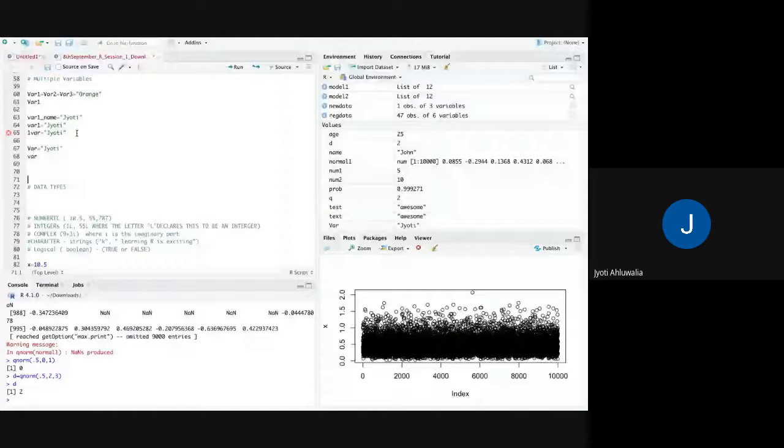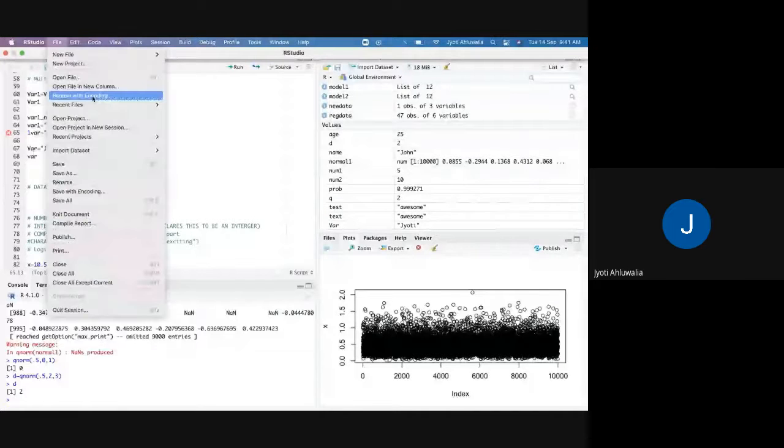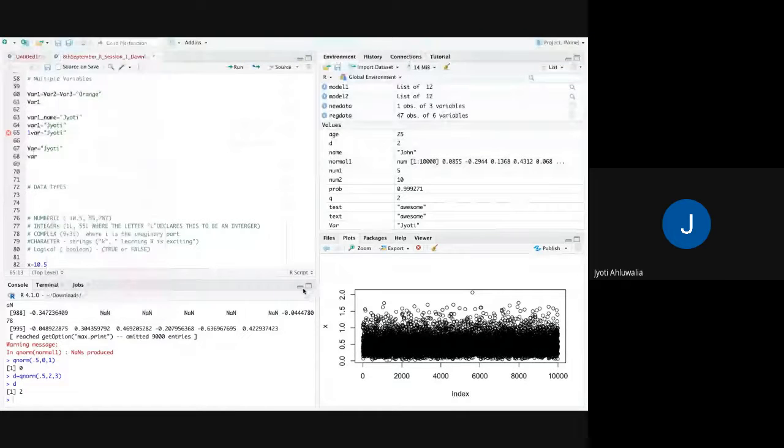So when you go here, you can see your most recent file. Yeah, so that's what I did. You can also do that. And you can make this bigger by making this smaller.